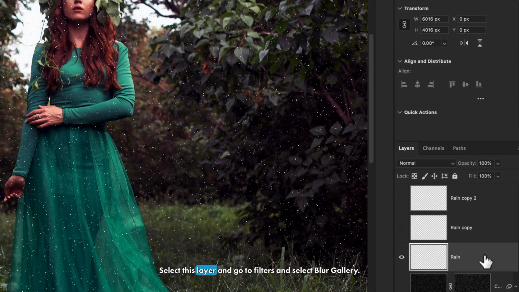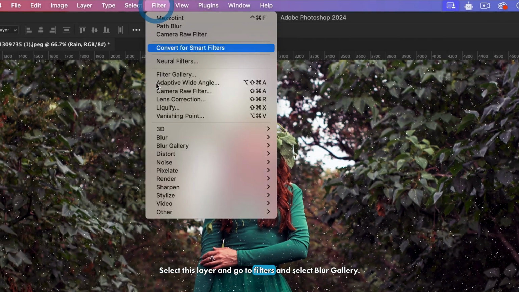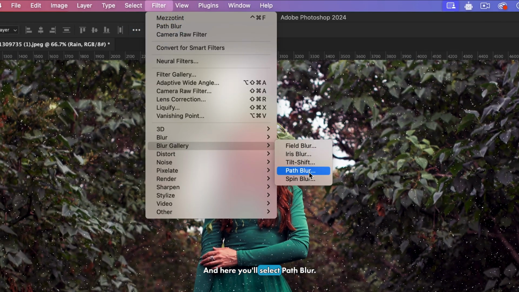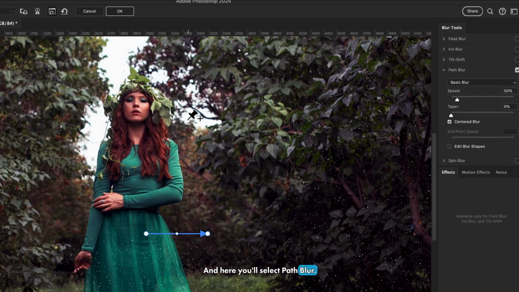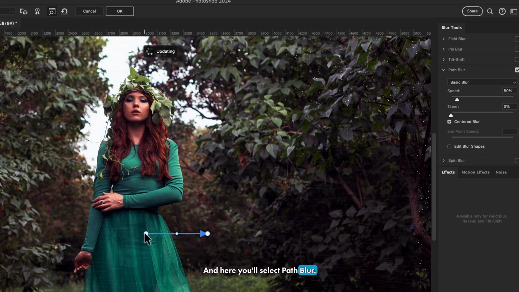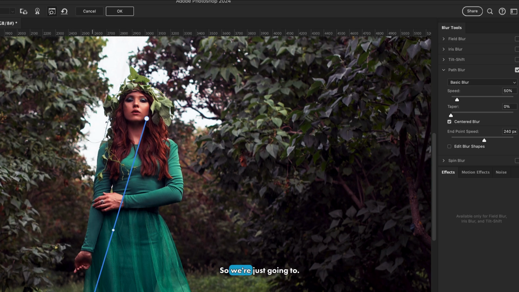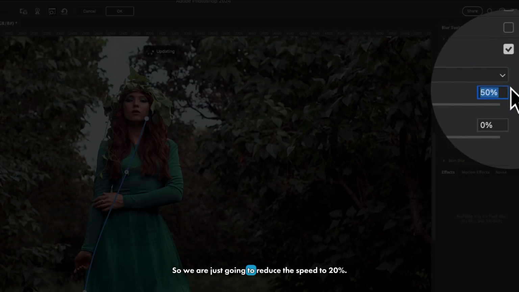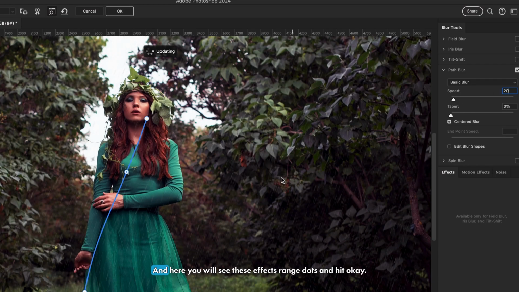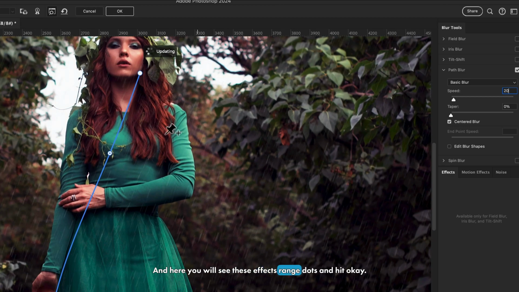Select this layer and go to Filter and select Blur Gallery, and here you'll select Path Blur. Now you can change the direction of the path by using this direction tool. So we're just going to add these dots, and now look at the right side, there is a speed option. So we are just going to reduce the speed to 20%, and here you will see these effects, rain dots,